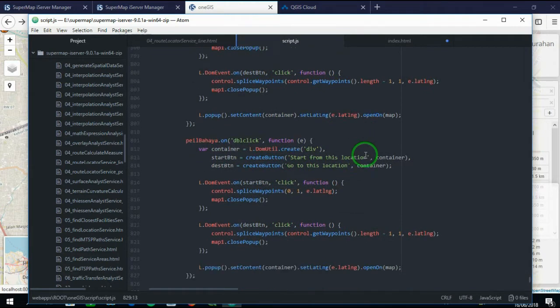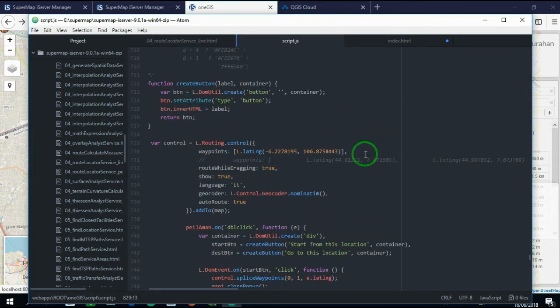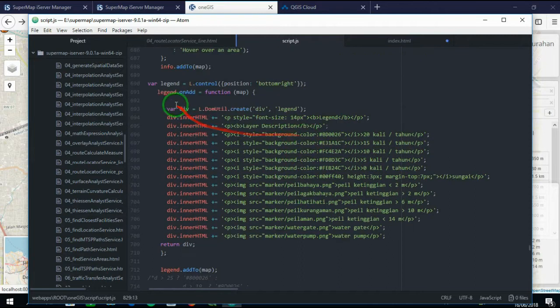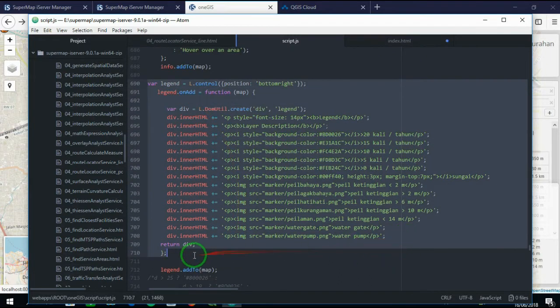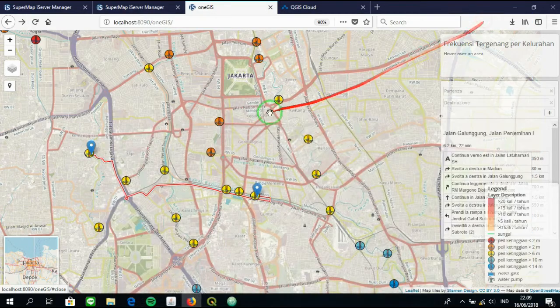Okay. Let me show you the code, like this one. The legend here is supposed to be dynamic. So if I change the value of a certain spatial data here, the legend will automatically change. By using the DOM event inside my JavaScript code, I can change the value and the symbolization here dynamically,